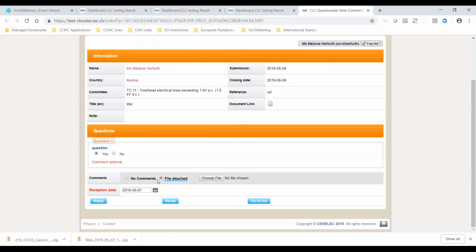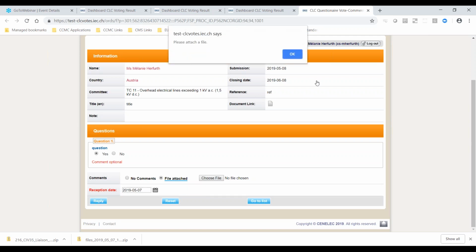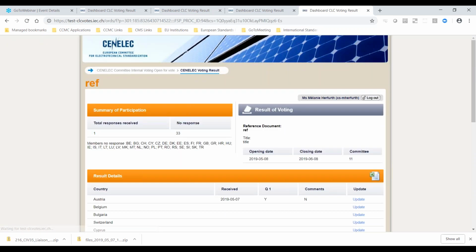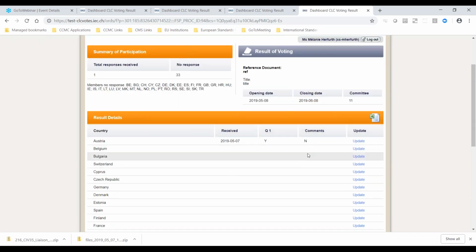Once you have attached your file and you cast your reply, you have here the date that will be the reception date of your file. So here it's telling what date you've posted your file. So when you reply, for example, and then if you need to go back in,